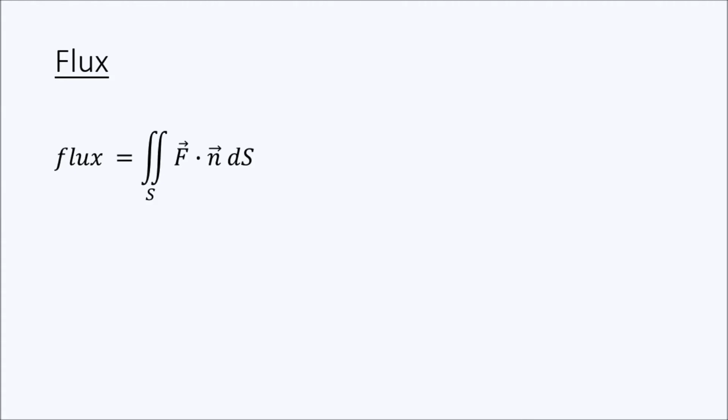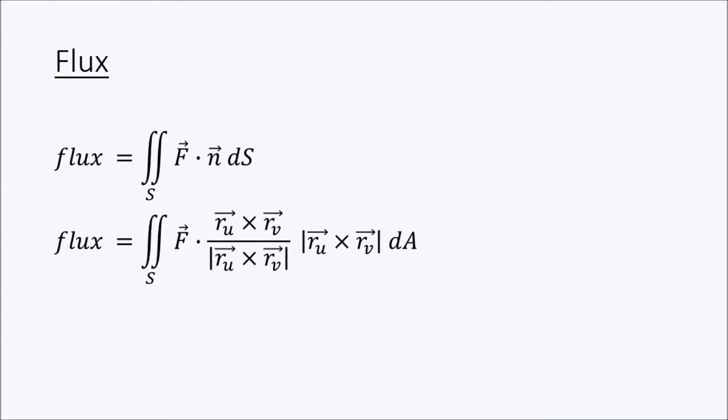And so if I just make that substitution, again, it looks kind of like a mess, but I'm just replacing n with how we defined our unit normal, and I'm replacing dS with how we defined our scaling factor to switch from dS to dA, which again is going to let us go from our surface in 3 dimensions to a 2-dimensional region, again, typically given by D, which allows us to actually take a double integral with only two variables or two parameters. But hopefully we can see if we make that substitution, those magnitudes are going to cancel out,